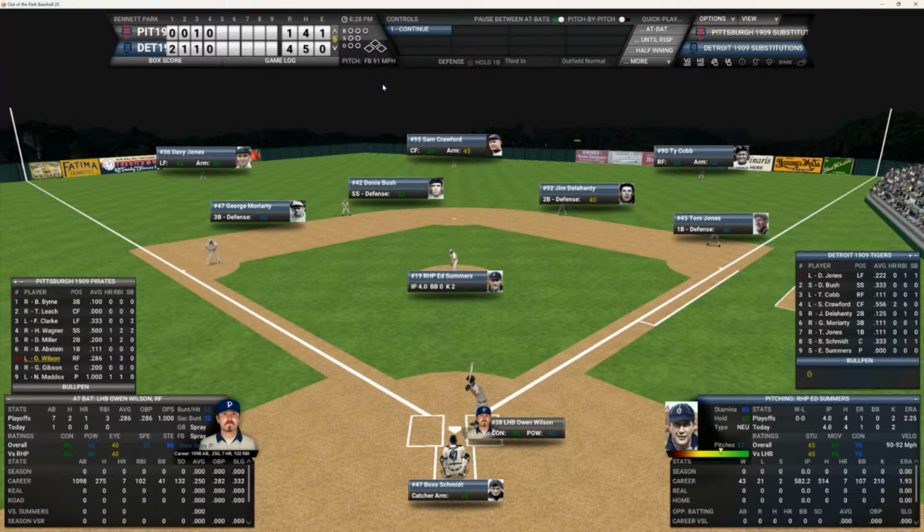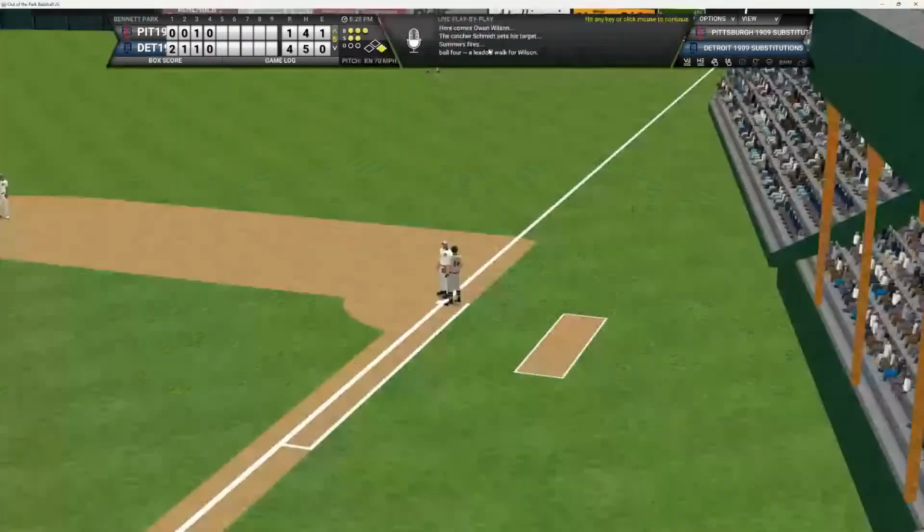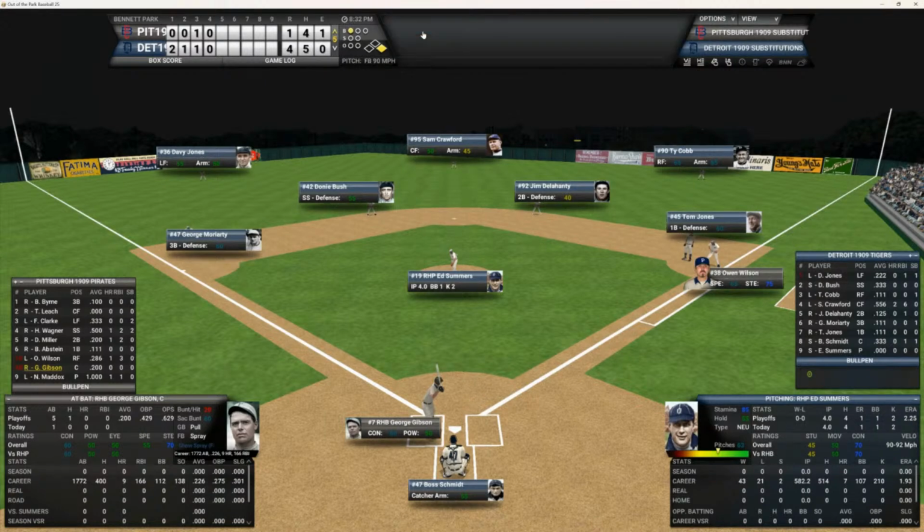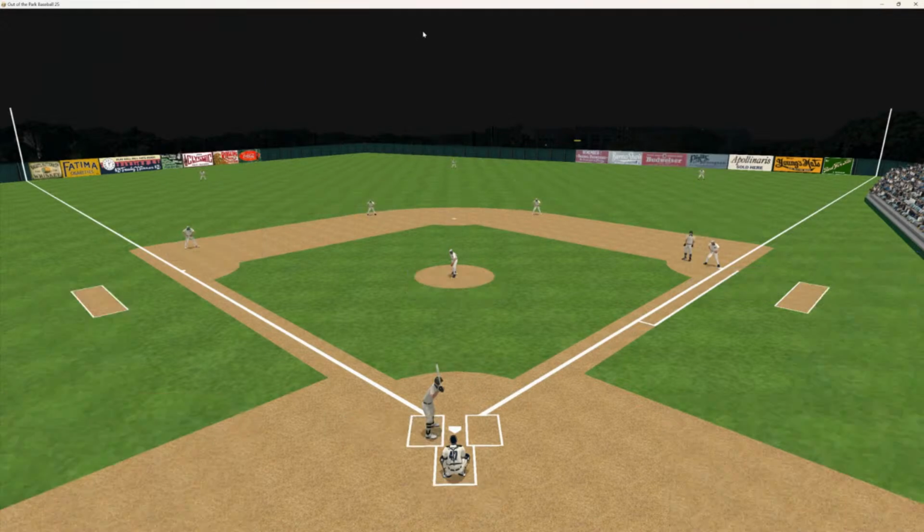And here's the 3-2 pitch for us. So that's a lead. Trailing by 3. Brings up George Gibson. Gibson is 0 for 1 today. Wilson with great speed down at first. Here's the 1-0 pitch. And that's a line drive out. And that makes this a 4-3 ball game. Just like that, the Pirates are back in this game.